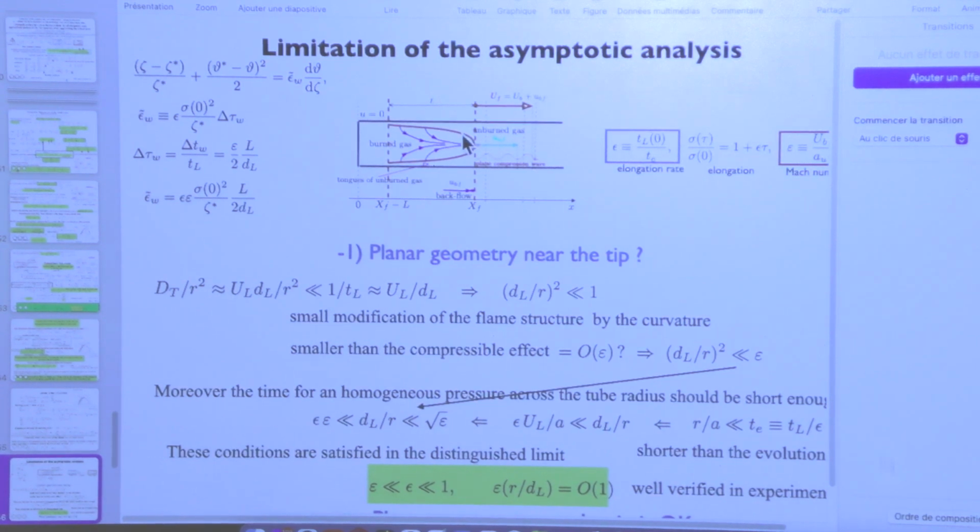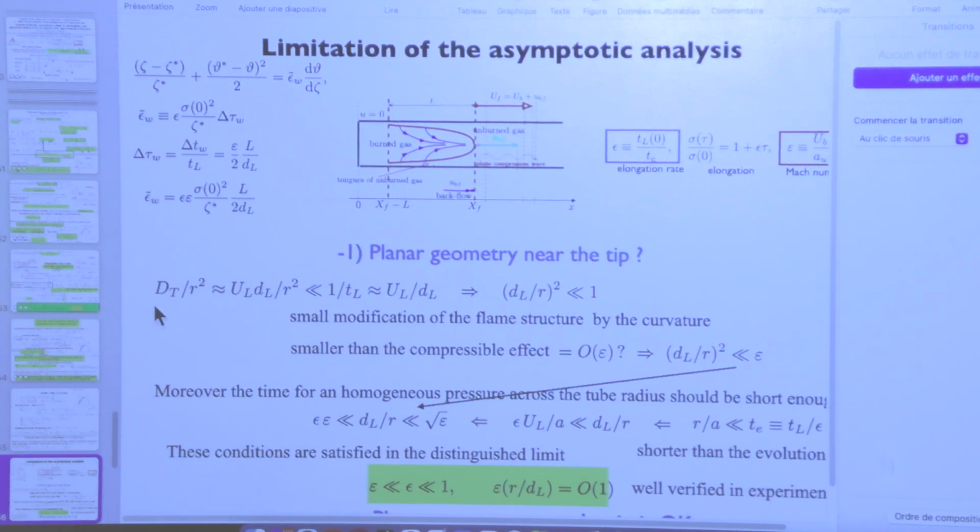What will be the effect of the curvature of the inner structure compared to the inner structure of the planar flame? This is easy, because the transverse diffusive effect should induce an inverse time which is of the order of the thermal diffusivity divided by the radius squared,